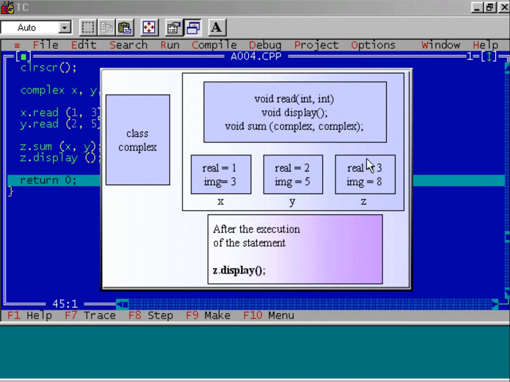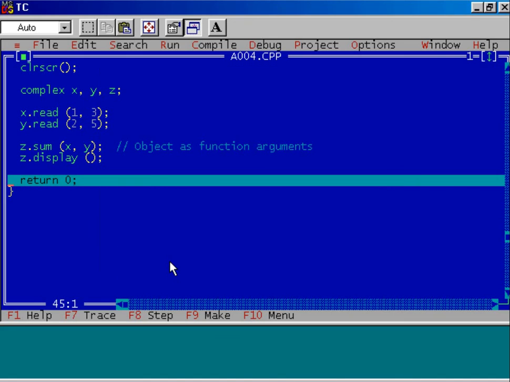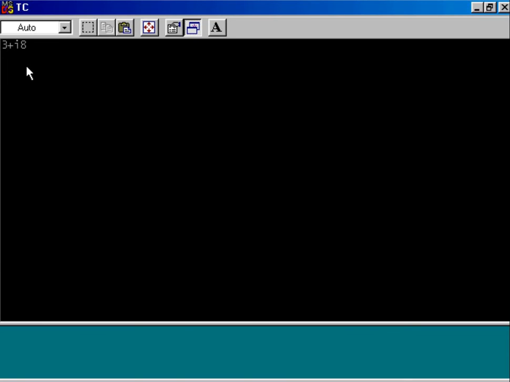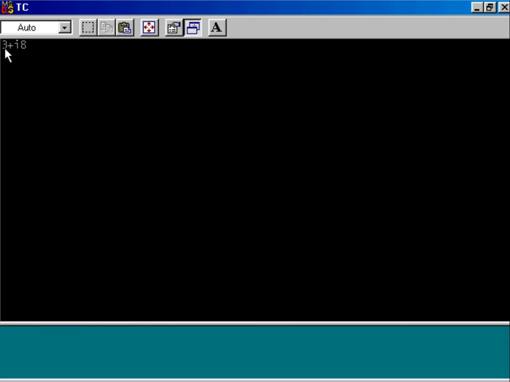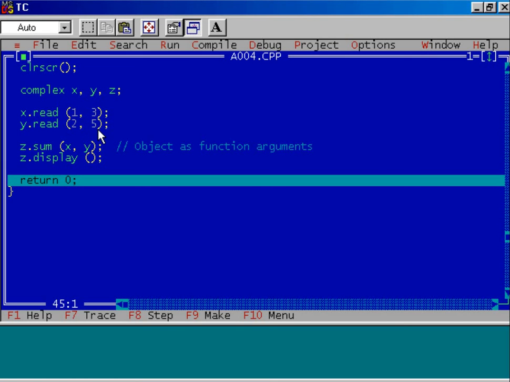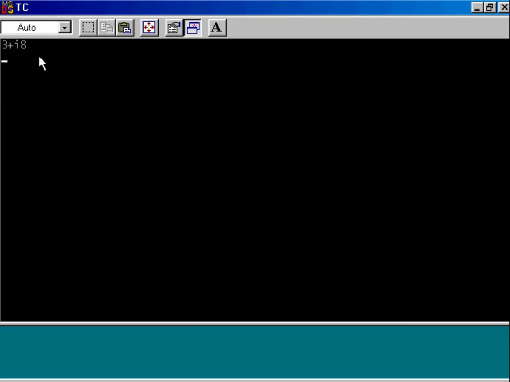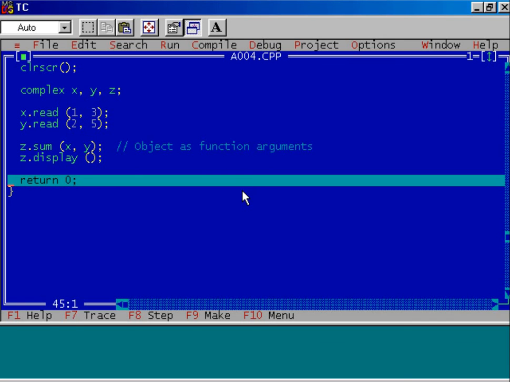We are interested to show these two values on the user screen using the function display. Is it clear? Now let us see the output. Press Alt F5. 3 plus i8 is displayed. 1 plus 2 is equal to 3, so that is the content of the data member real of object z, and 3 plus 5 is equal to 8, which is the content of the imaginary data member of the object z. Is it clear to you? Understood the program?